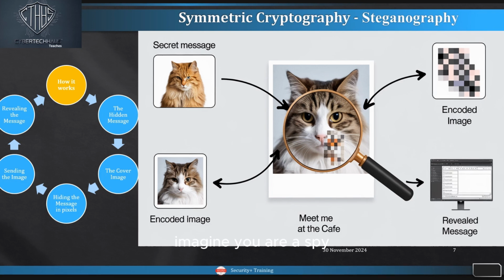Imagine you are a spy and you must send a secret message to your contacts without anyone else knowing. You can't just hand them a note, it's too risky. Instead, you use steganography. It's like hiding your message in plain sight. And here is how it works. Step number 1,